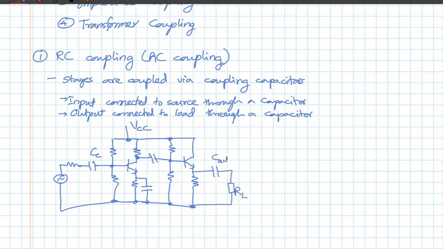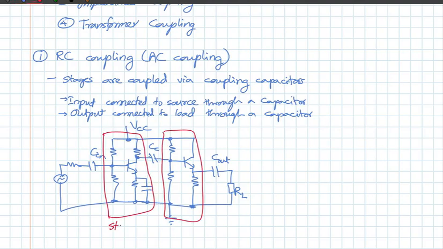This is my output coupling capacitor. This may be the input capacitor. These are coupling capacitors between stages. So this is one of the stages. This is stage 1, this is stage 2, and they are coupled through this. These are the coupling capacitors. So this is basically what we do in